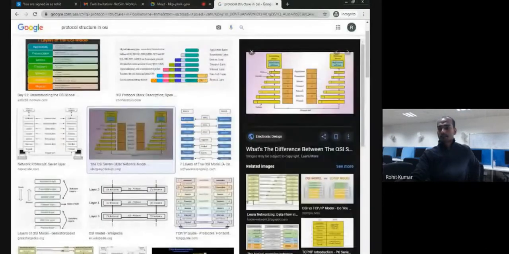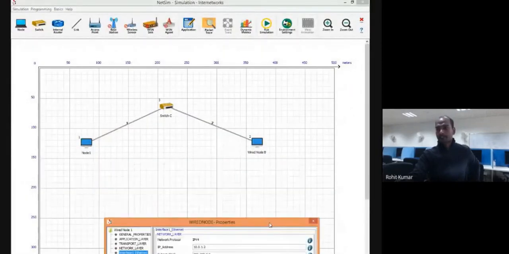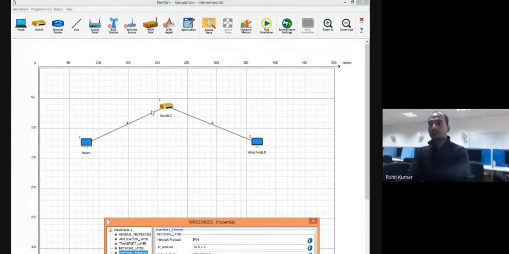Coming to the NetSim environment, you see here, this is our actual device, and this is our physical layer, the wire. Now data is transmitting on this particular link, meaning the data or packet is at the physical layer. Once it is at the physical layer, it comes to the receiving side, the receiving device. Then at the receiving device, it will go from bottom to top.